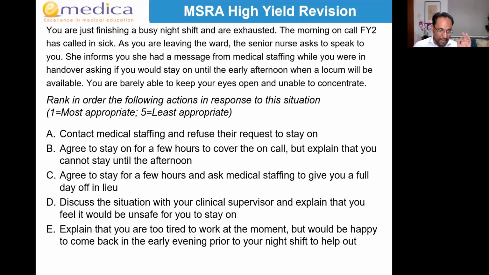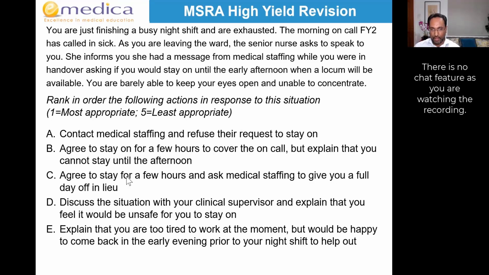Okay, that's a minute 50 now. By this time you want to make your decision because it's going to take you 5 seconds to actually move things around. So write down now in the chat your response, i.e., what order would you do these? Remember, whatever you put first is the most appropriate, whatever you put last is the least appropriate. So just write your full order into the chat.